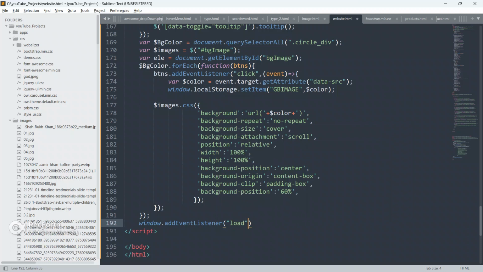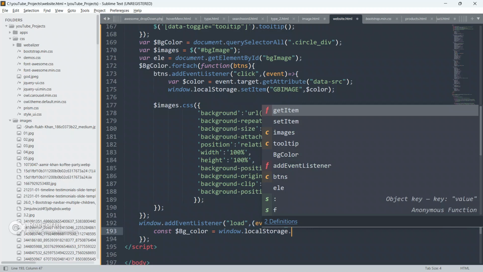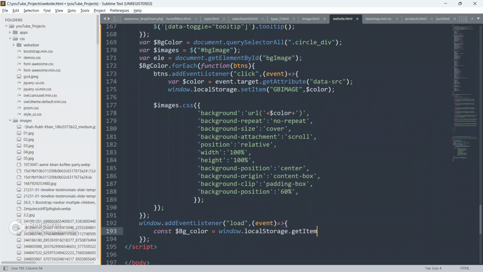So load will run a then event, okay. We are going to run a fat arrow function and we are gonna grab these images from the local storage guys, okay. So const bgColor equal to window.localStorage.getItem. Which item, guys? This item.